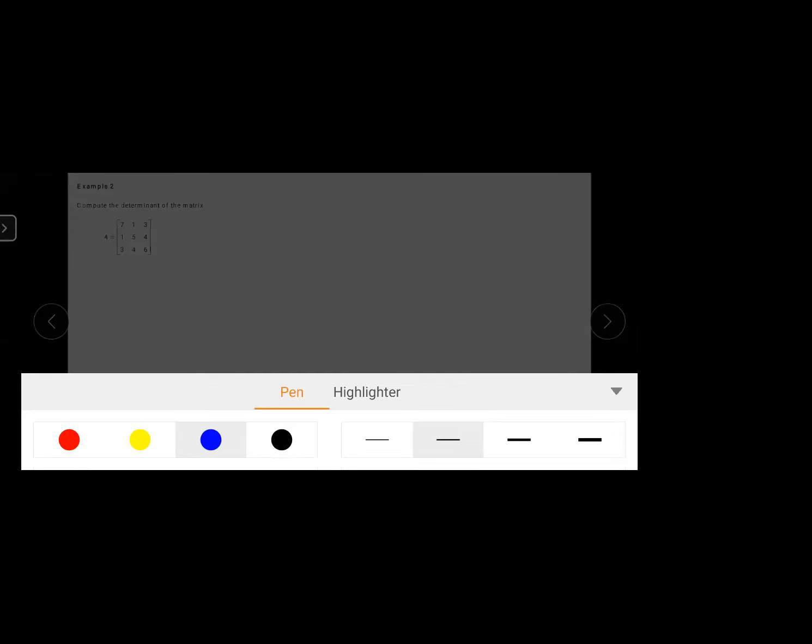How you do it is you put your sign. So it means the matrix is 7, 1, 3; 1, 5, 4; 3, 4, 6. So if you put your sign there, it means